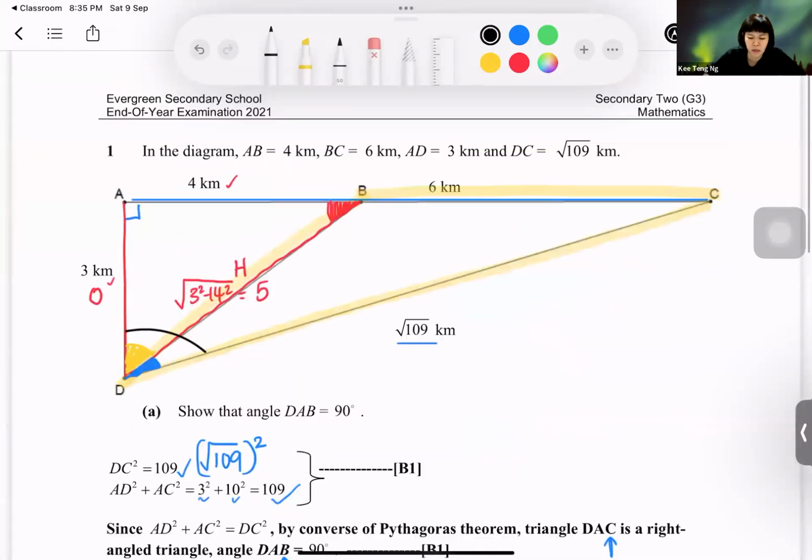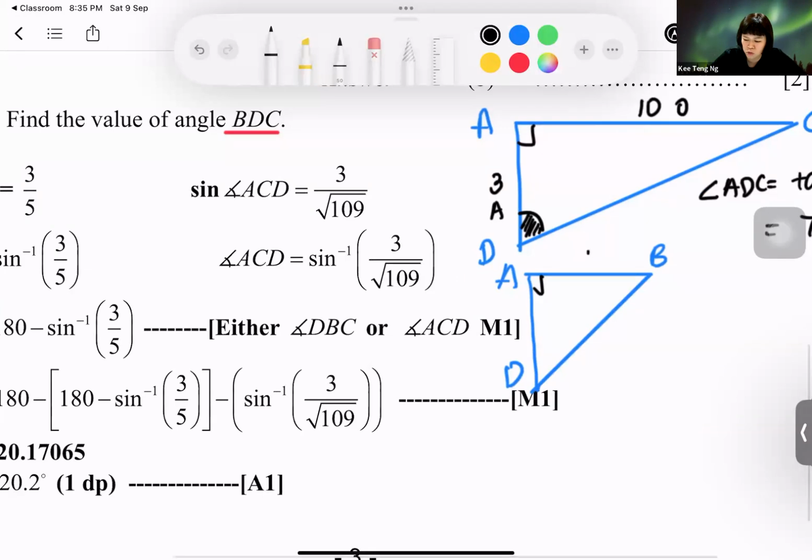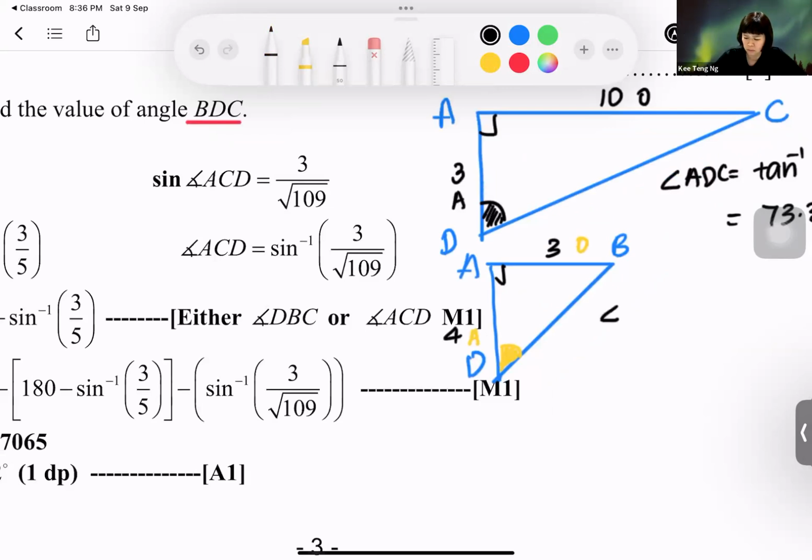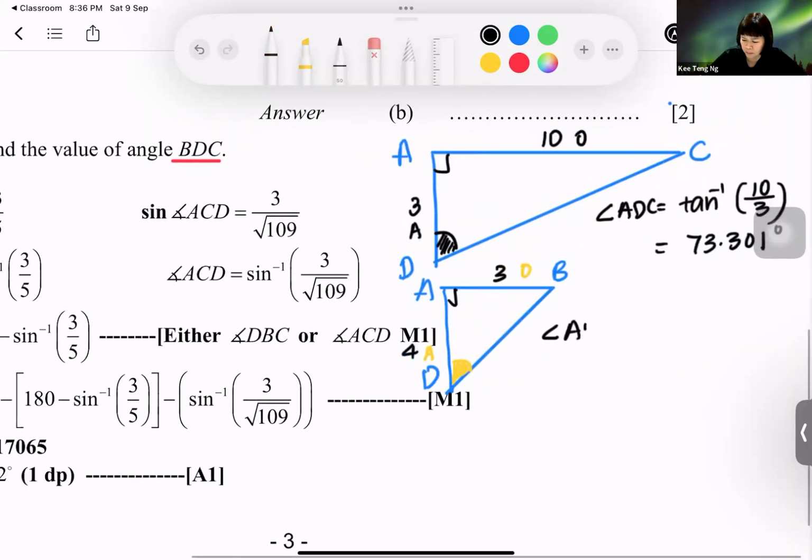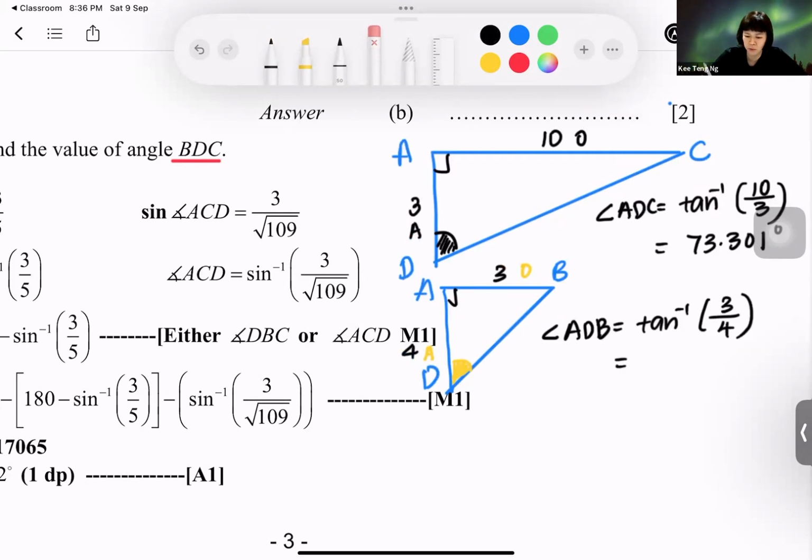Next, I'm going to look at my smaller triangle. One is 3, one is 4. So this is 3, this is 4. I'm going to look at the yellow color angle over here. O over A again. So angle ADB will be tangent inverse, wait, I read wrongly, 4 and 3, so 4/3. Okay, TOA, tangent inverse 4/3. That gives me the angle